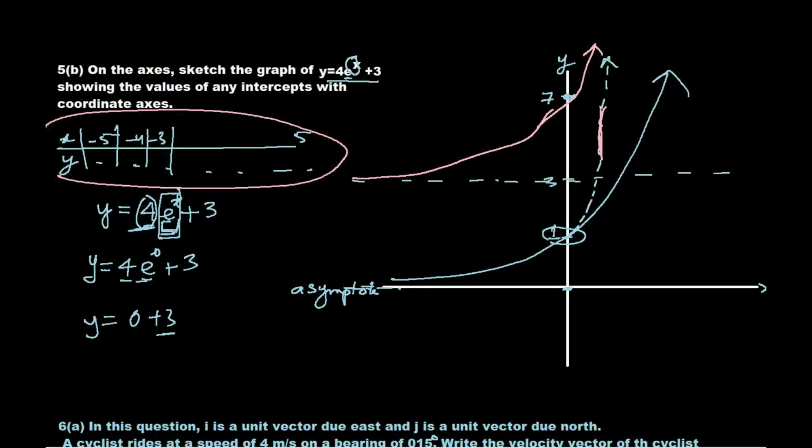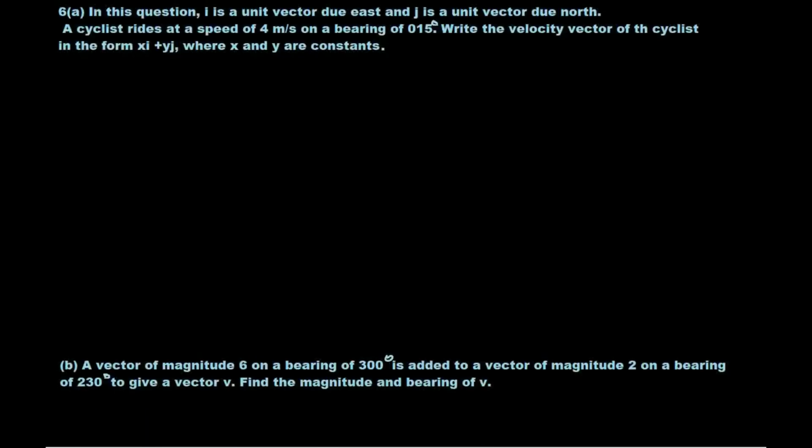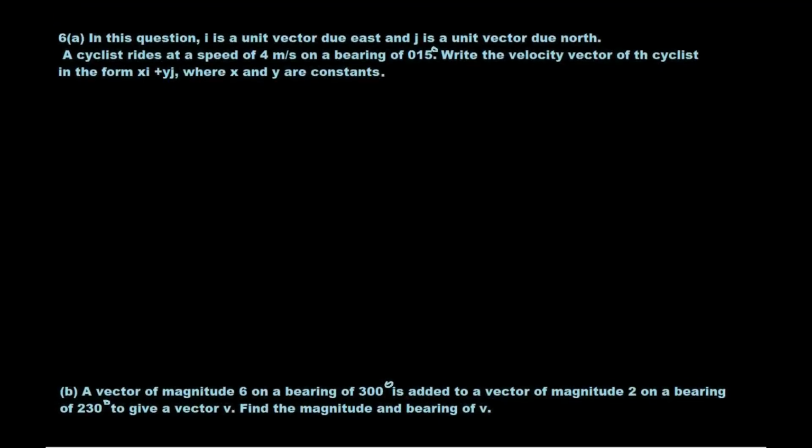Okay, let's move on to the next question, which is number 6, part A. In this question, i is a unit vector due east. Due east means it's going towards east, and east is this way, i. And j is a unit vector due north. It is going towards north. That is j. A cyclist rides at a speed, not velocity, of 4 meters per second on a bearing